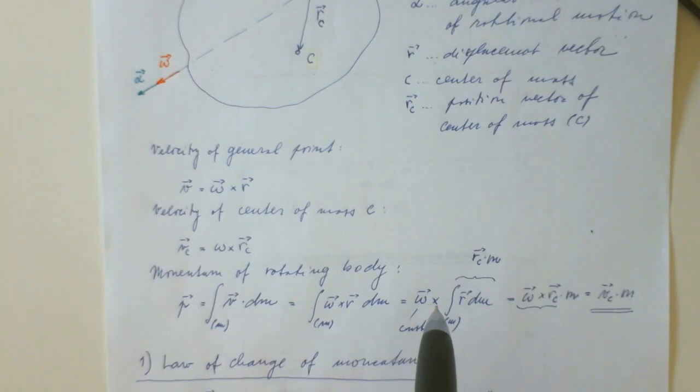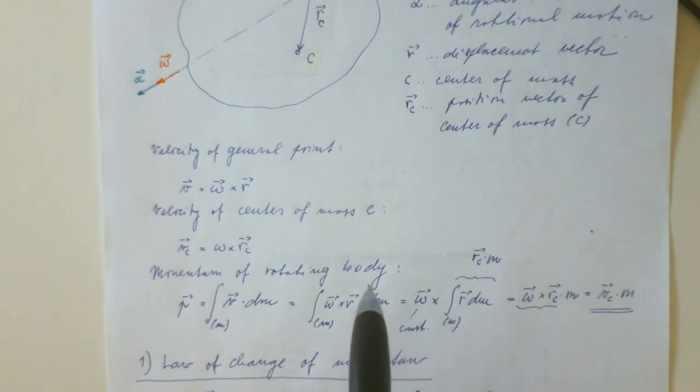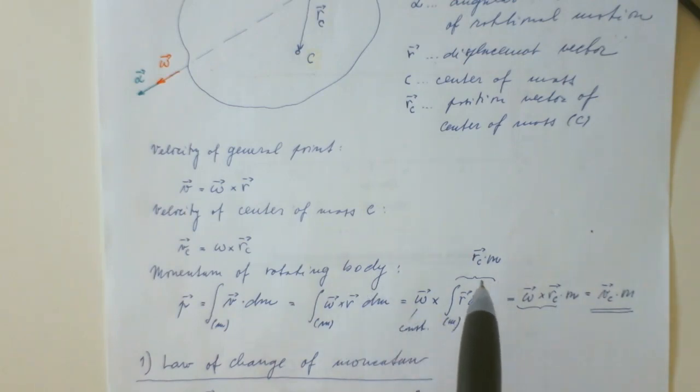So we can put it out of the integration sign, and what remains is the integral of r dm, and this is a well known term because it means the static moment of mass, and we use it for calculation of the center of mass position. So we can substitute it, so rC by m is equal to this integral,